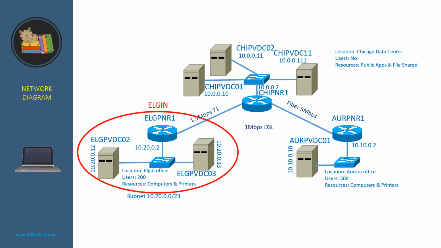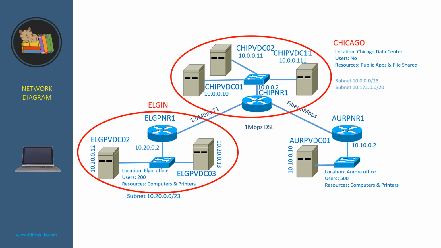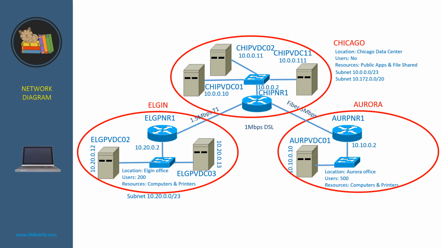The second site is Chicago, and we will associate it with the subnet 10.0.0.0/23. Because Chicago is the data center, we will also associate it with the VPN subnet 10.172.0.0/20. The third site is Aurora, and we will associate it with the subnet